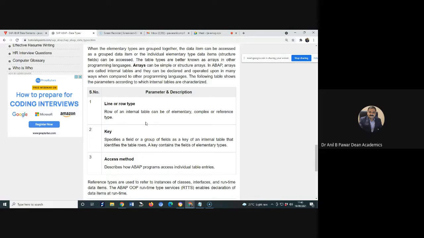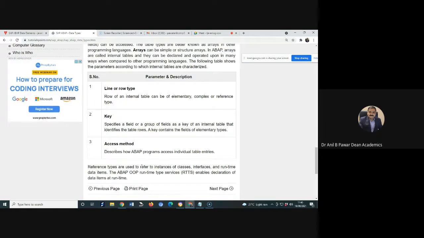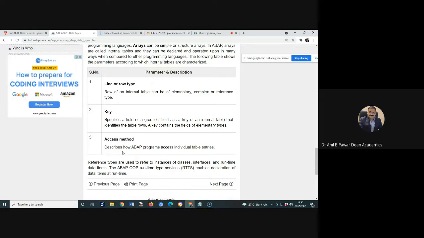So when I want to access, in C programming, suppose one array, and in the array I want to get the value of the zeroth location, then how am I going to access a of 0? Suppose my array name is a. In ABAP also, you need to access it with the help of an access method. These details we are going to learn in depth, but currently just remember these are the particular details associated with your data types. So I would like to move ahead with the help of these data types.